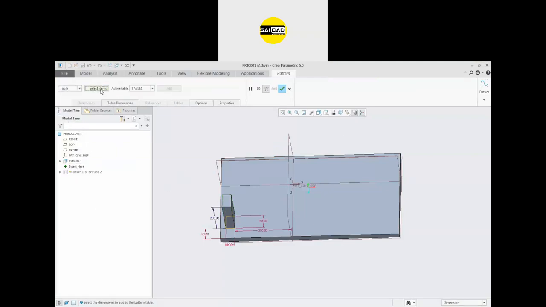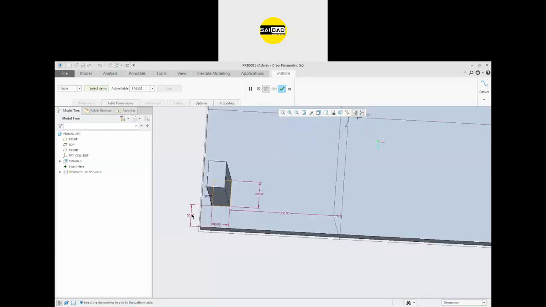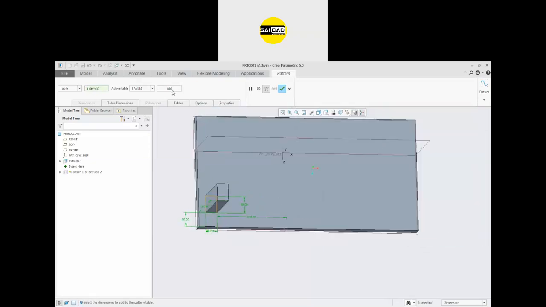Okay. Now you have to select some dimension. I'm going to select the dimension I want to add in the table. I want to change the location like that. Okay, like that. And I want to add everything: the height, length, width, location. Now you can see there is the option to edit the table, go to the table, add it, and there is the table. Wait for 2 seconds. Okay. So here is the table now.